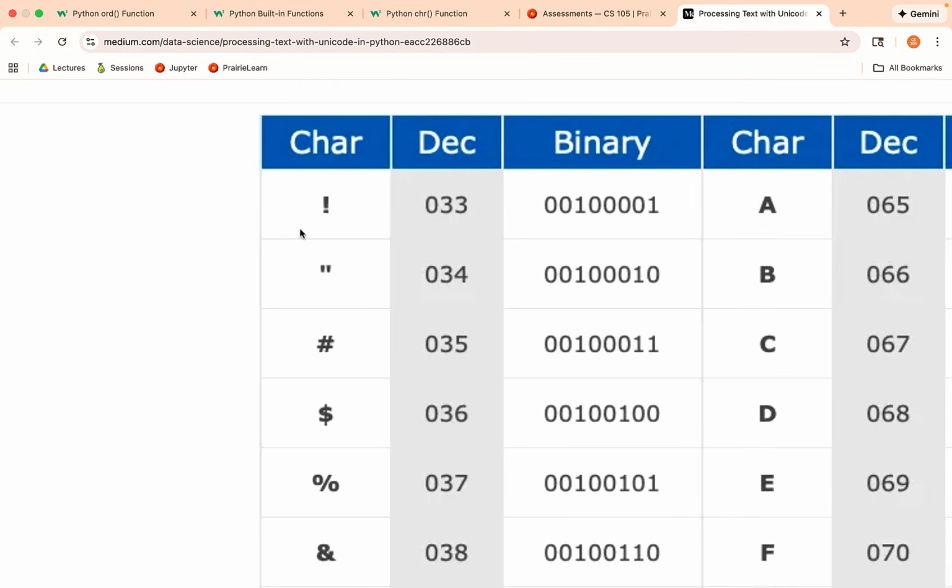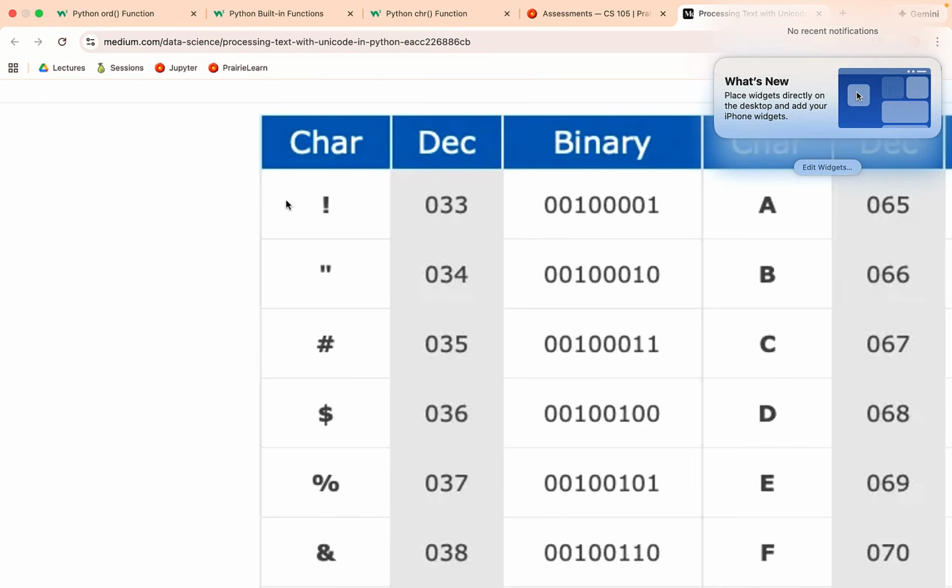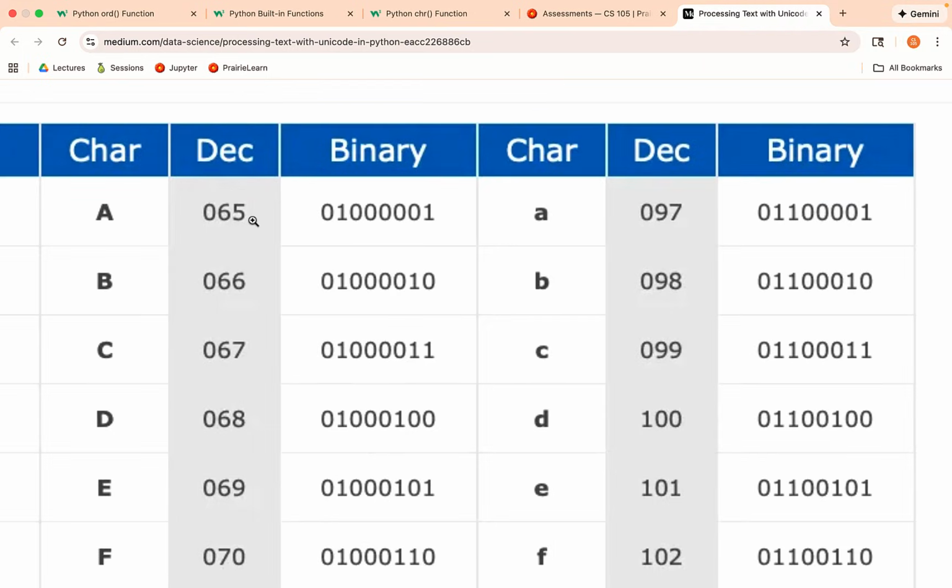So looking at these three columns, you can see the exclamation point is represented as that binary. That's actually how it is represented on the computer. We can think about that number as the decimal value of 33. If I scroll over, here I can see A is 65. Let's look at how we can see these values, what values are actually being stored in Python inside of our Jupyter